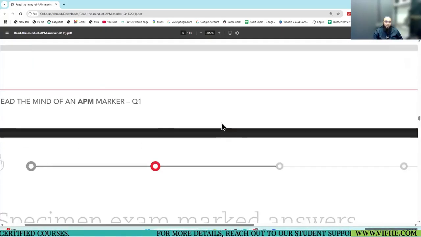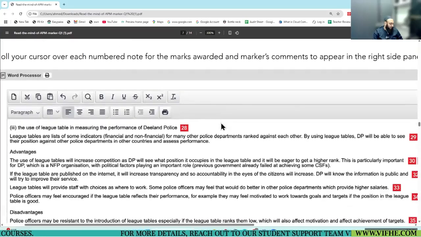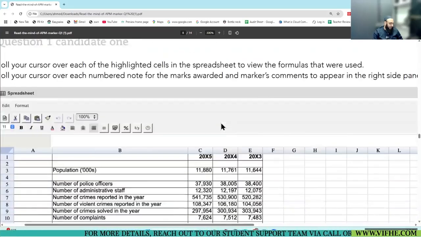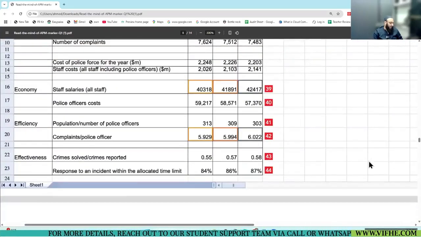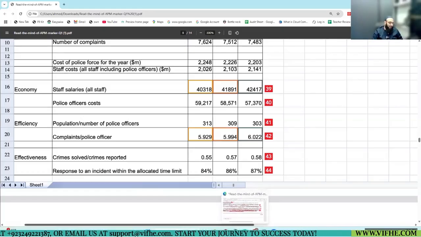So let's go look at the Excel for the calcs done. Crime solved. This is the correct calculation, 1 mark for that. And I don't know why he wrote this. See, the examiner is very clever. Was this data given in the appendix? Incident percentage, was this given? So you can't impress him.